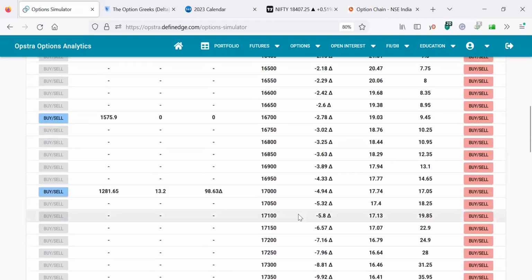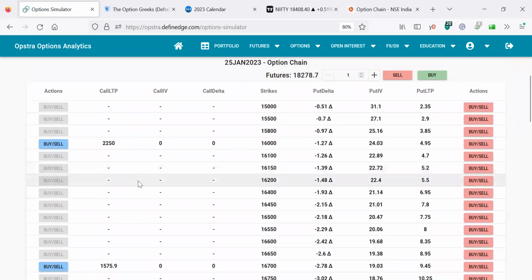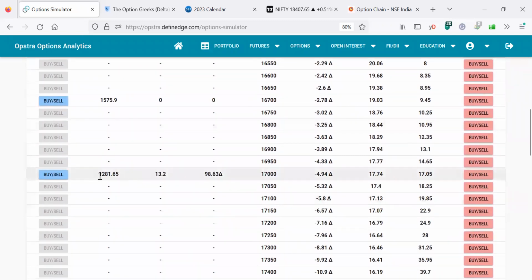So simply, if I check for the delta 1 on the put side, so this is near about delta 1, actually we can say 98. So if the market will move 100 points, it means delta will make the premium of this 17,000 strike add 100 points. So this last traded price will become 1,381. Other parameters are also involved in it, but at the same time, in a simple language,